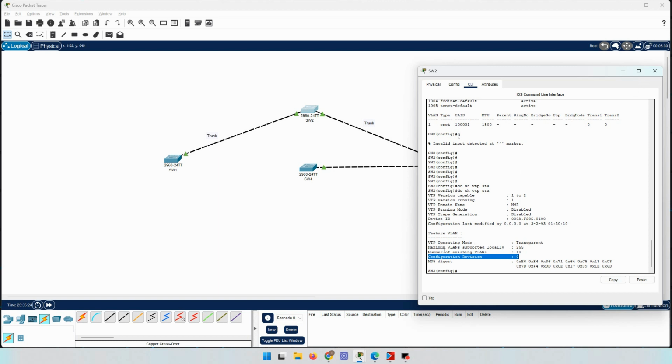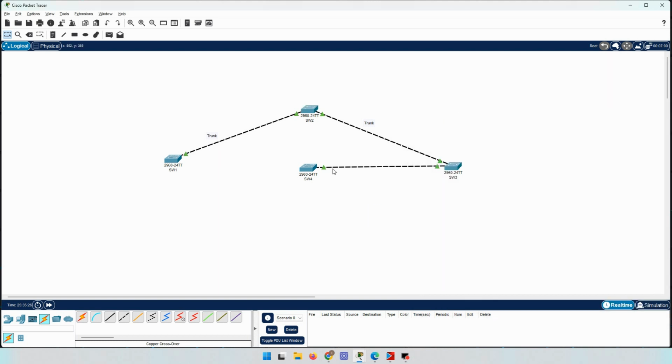Okay, I think I've said everything about VTP. VTP is a protocol to synchronize the VLAN database between switches, because it may be required to create 100 VLANs in the whole network, and that takes some time, and it also increases the possibility of mistakes in creating the VLANs, the VLAN number, the VLAN name, and so on. Because of that, the good practice is to set one of the switches as a server and create all the VLANs on this switch, and then it will transfer its whole VLAN database